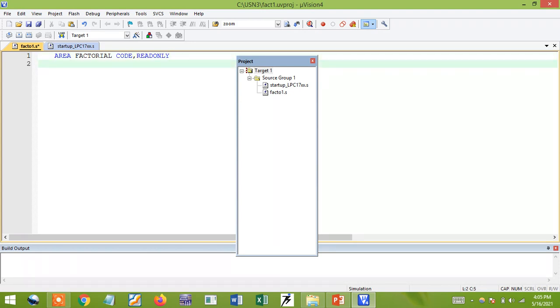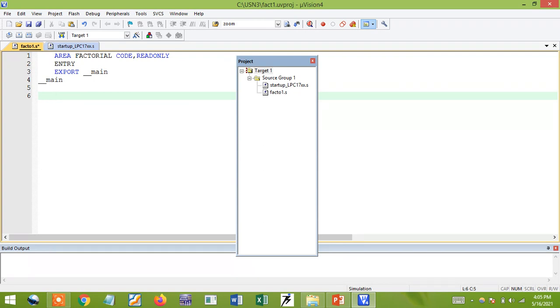After that, ENTRY. Next, EXPORT the startup initialization: one space, double underscore main. It is a label, so I'll put it at the leftmost, double underscore main. Once you type these four lines, which are common for all programs, from here onwards you can write the program.